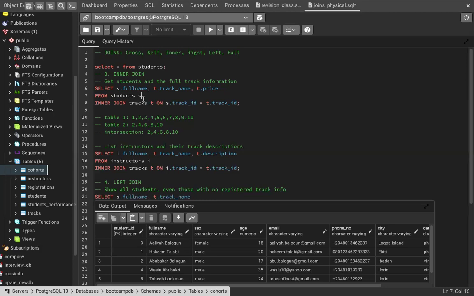And why are we doing this? We are using two aliases because we are dealing with two tables. Suppose it's just one table, we probably know it's an alias for the table name. But because we're dealing with two tables, we have to use aliases so that we can distinguish one table from the other. So what this query is saying is select the student.full name, don't forget S represents the student table, track.track name, track.price